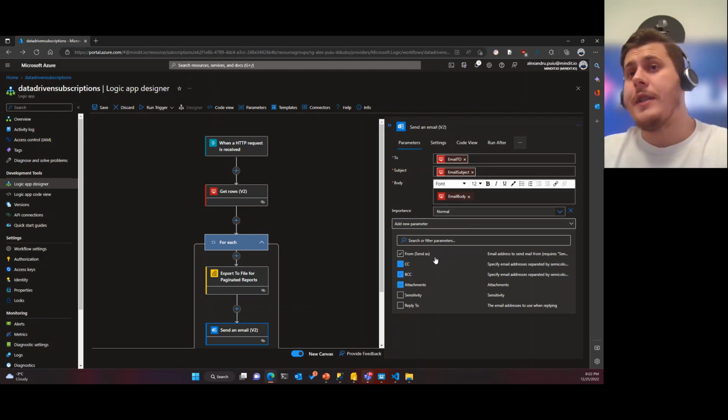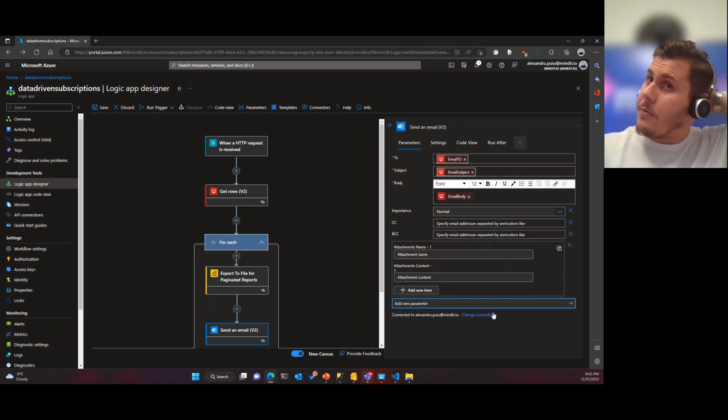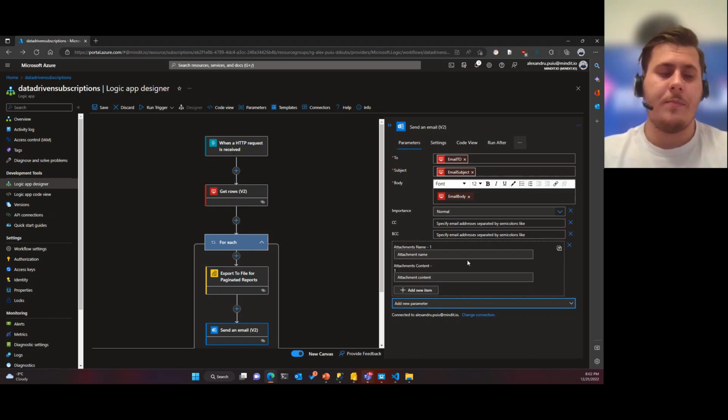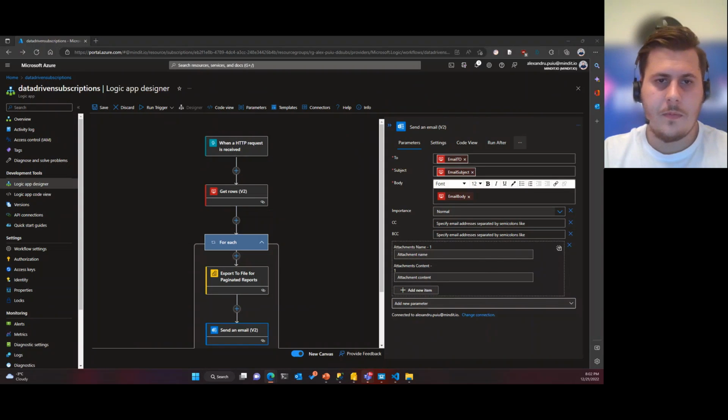You can also use the send as if you have a specific address from which you want to send the reports. But for now, I'll use my own connection. One second. So a little bit my email. Okay, so